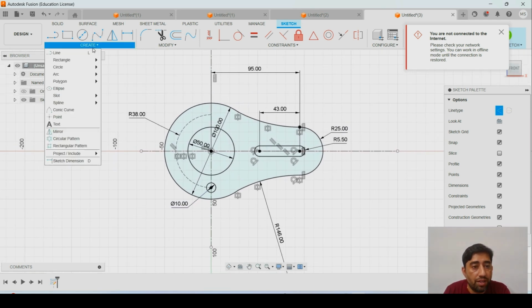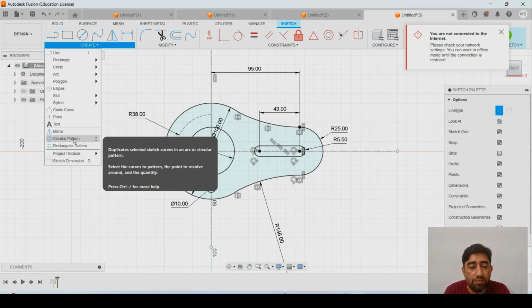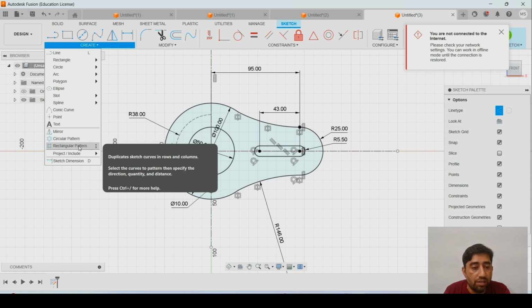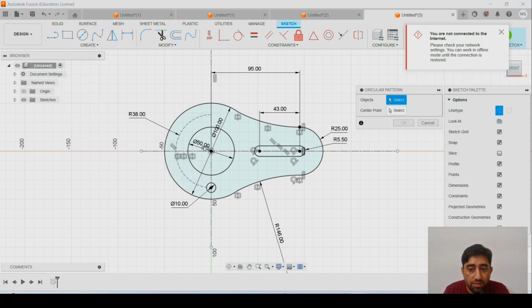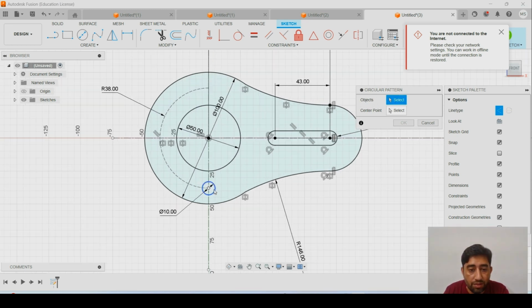Now go to create circular pattern, we are making now. Rectangular pattern is used for making a pattern along a straight line along the x, y or z axis, and circular pattern is clockwise or anti-clockwise along the curve. So we have selected circular pattern. It is asking for objects. So there is only one object which we want to pattern, and the center point is this,